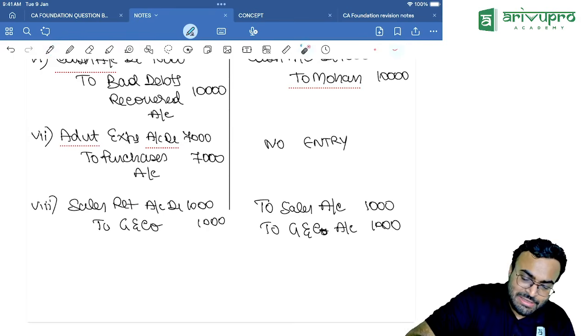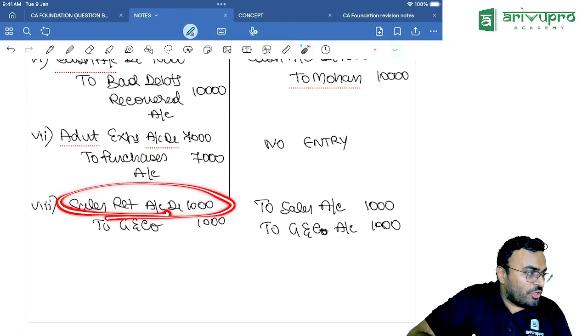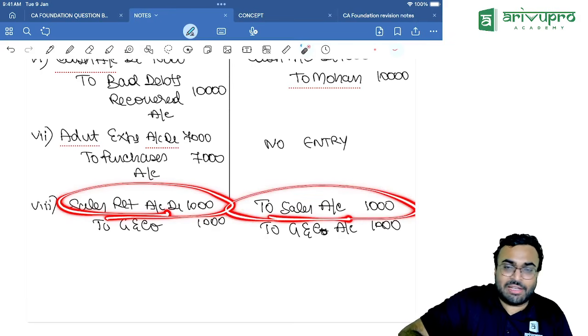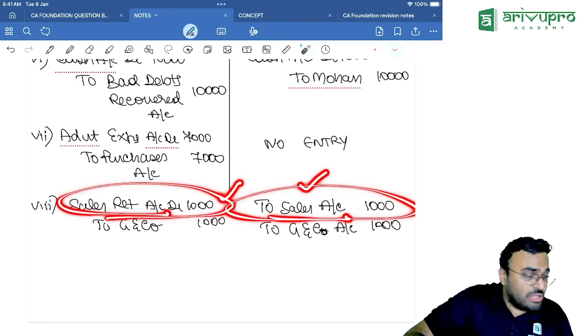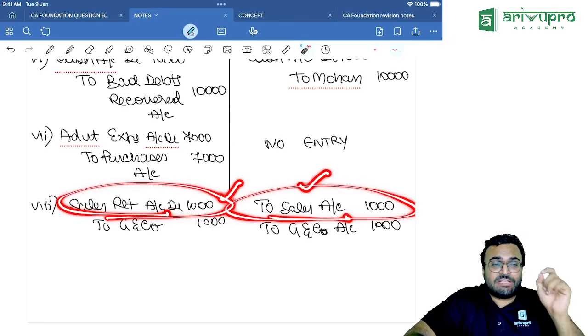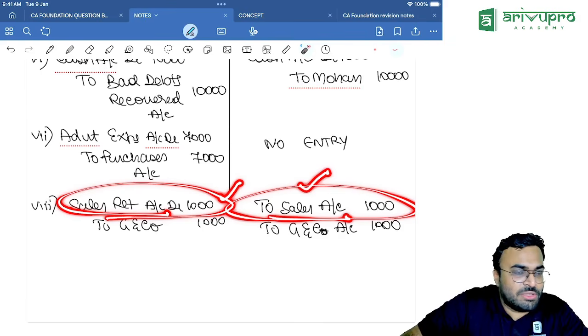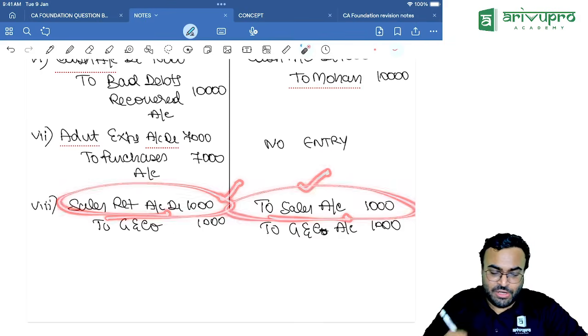Clear? Sales return is not done. You have to do it. Sales is wrongly credited. So you have to remove that. So sales return also debit. Sales also debit because you have to remove the sales. First time you are coming across suspense in this question. Till now there is no use of suspense. So you are going to write